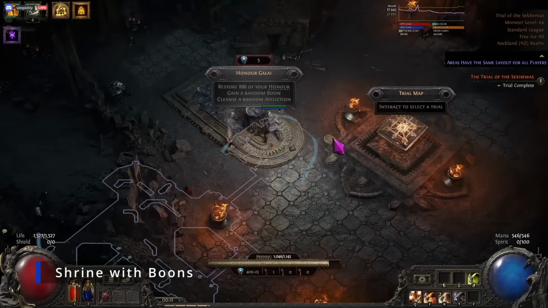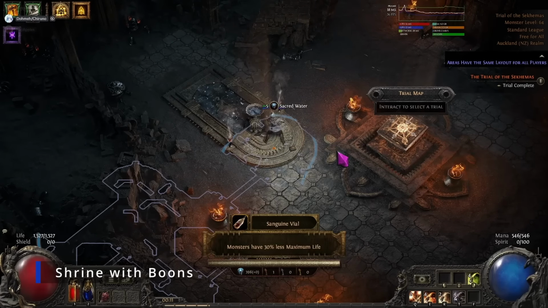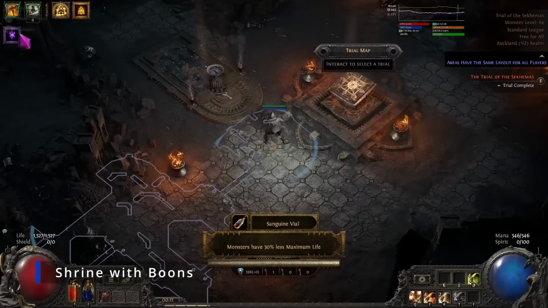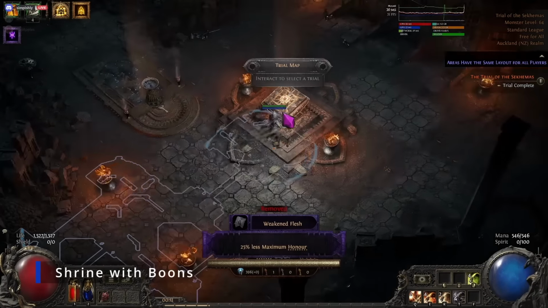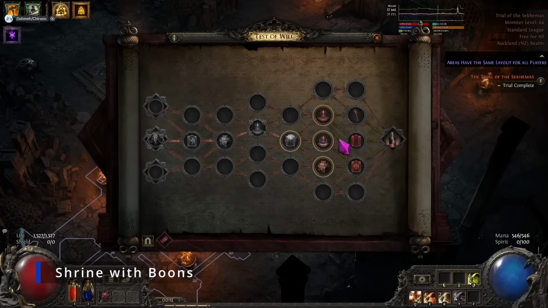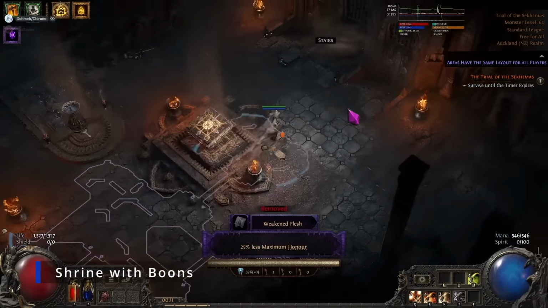Probably Galay. And then it will give you a random boon, cleanse a random affliction, and restore 1,000 honor, like 900 honor. Absolutely crazy. And here we got a very good one. Monsters have 30% less max life, which means that we do even more damage to the bosses,